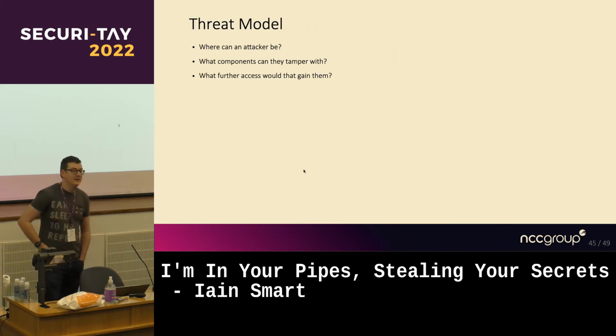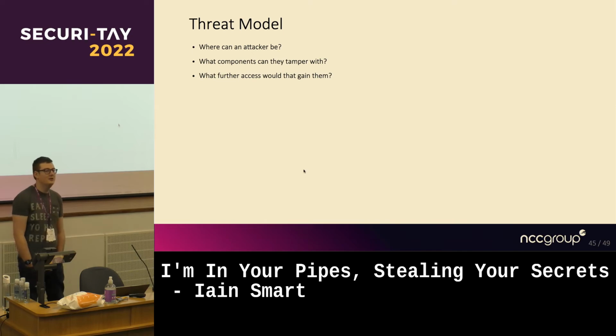And threat modeling. Threat modeling is something that I think is super important when you're building out pipelines, and really overlooked, because people want to move faster. They want to be able to deploy code faster. They don't want to sit down and work out how this could go wrong. They just want code. So work out where an attacker can come from.